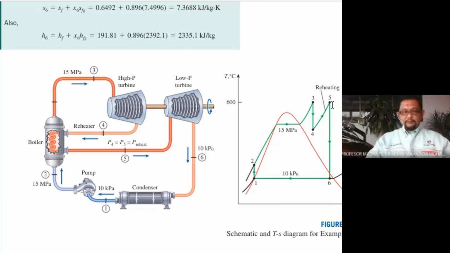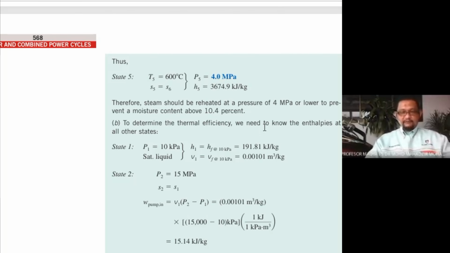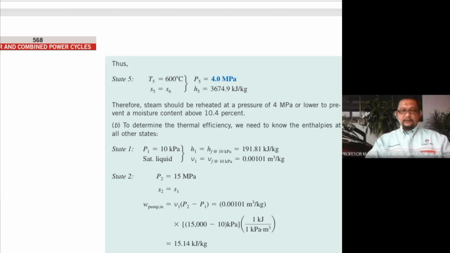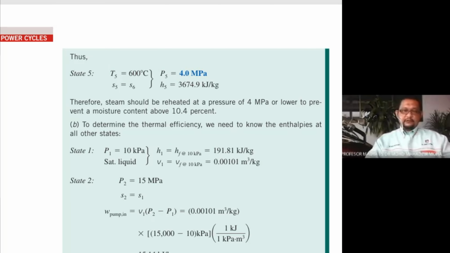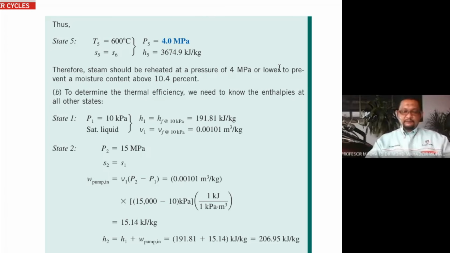Okay, so you also know the temperature at T5 given in the question is 600, and from the knowledge of thermodynamics, you know that at the same turbine the entropy is the same. That means entropy 5 is equal to entropy 6, because this is an isentropic process. So using these two properties,